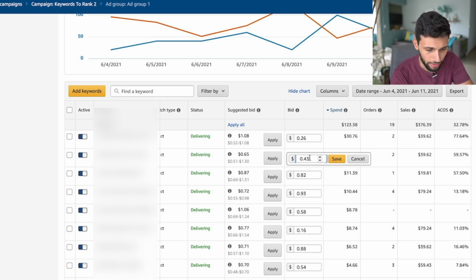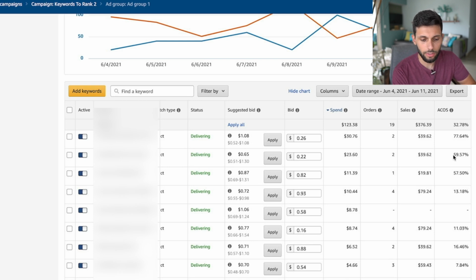I'm also going to lower the bid. Since you can see it's 60% ACOS, I'm going to lower it by half. So I'm going to do about 22 cents, let's say. The reason I lowered it by half was because it was at 43 cents and it had a 60% ACOS. So if I lower it by half, what should happen is it should turn into a 30% ACOS. If you spend half, your ACOS should become half. So that's kind of a way also to